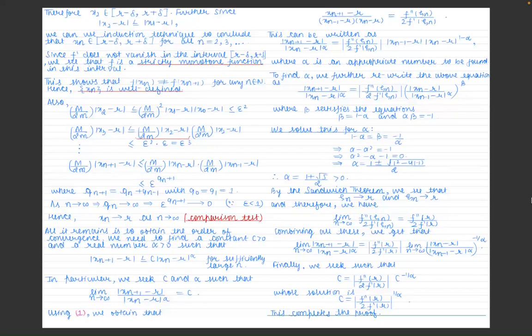So again we use 1. Using 1, we obtain that |x_{n+1} - r| / (|x_{n-1} - r| times |x_n - r|) is the same as f''(zeta_n) / (2 f'(xi_n)), and this we can rewrite as